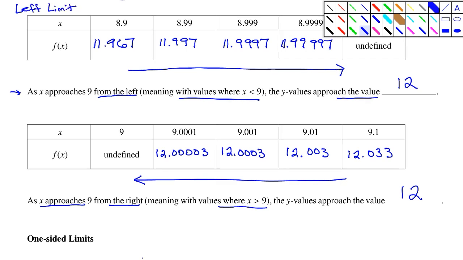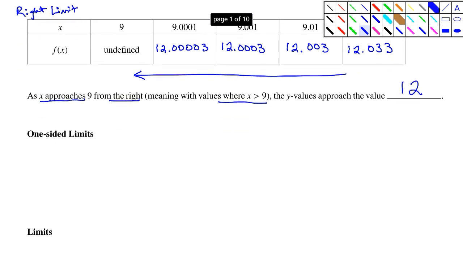And the bottom one here is going to be the right limit. And these are the one-sided limits. So let's write that down. So the left limit